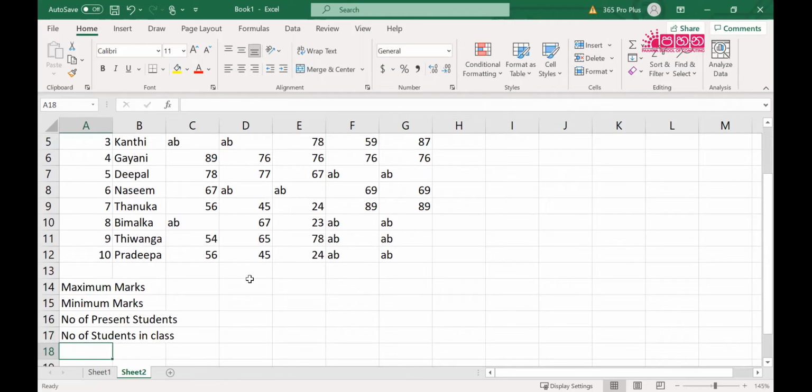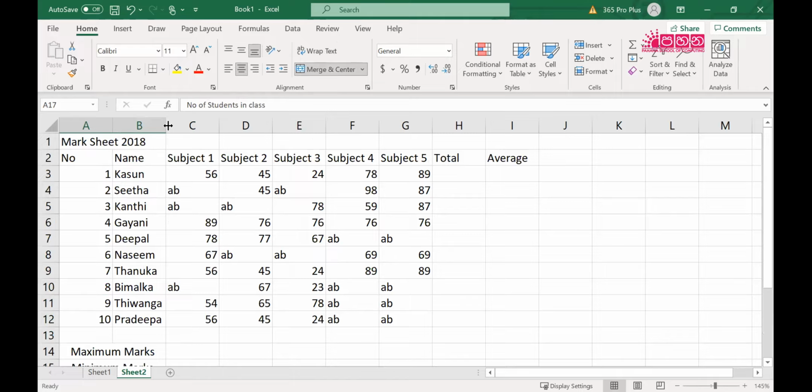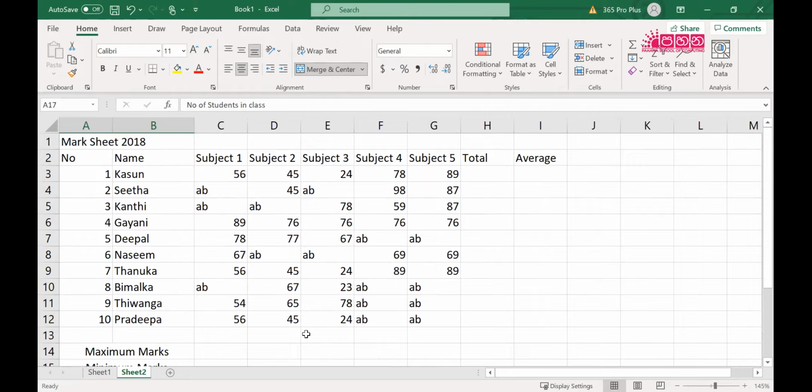Right. And you know that this is merged, right? Two cells. So I'm going to select the first two cells, merge and center. First two cells, merge and center. So I'm going to do that for the remaining ones, right? And then I can adjust the name column a bit to get a little bit more space.